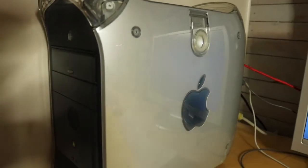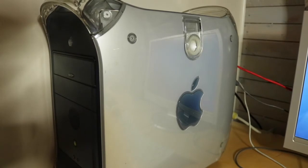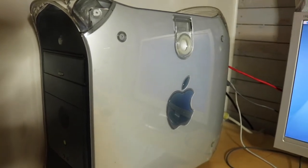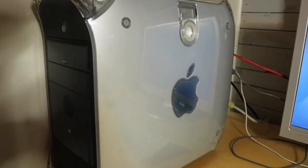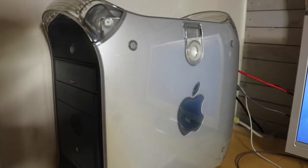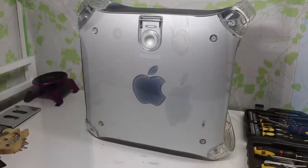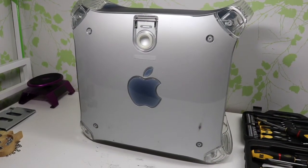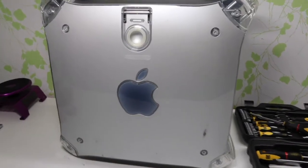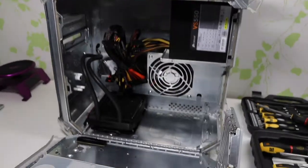I was thinking maybe we should take a look at what it looks like inside. So let's go ahead and shut this computer down and take the case to another place so I can show you a little better what it looks like inside. So yeah, let's go ahead and do that. Okay, so this is actually what it looks like. We're gonna go ahead and take a look inside of this one right here and see what is so...